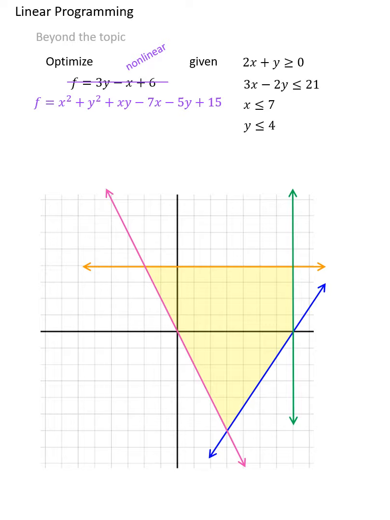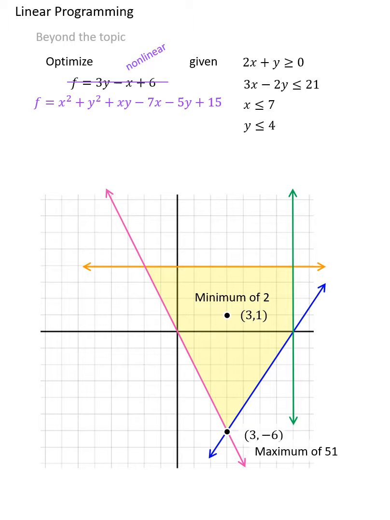even at this level. I discovered, when I did the work, that the maximum of this particular function is 51, and that maximum occurs when x is 3 and y is -6. So even though, as I stated a minute ago, the minimum or maximum need not occur at a vertex, this particular function's maximum did. By contrast, however, when I did the calculus, not shown here, the minimum of this function